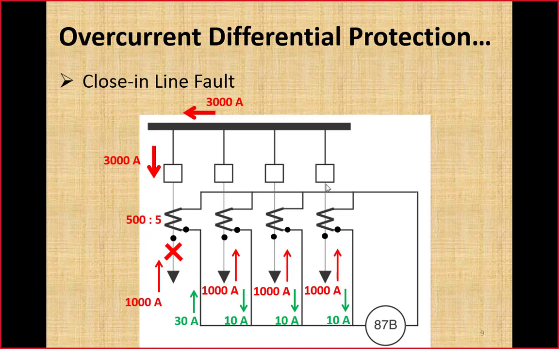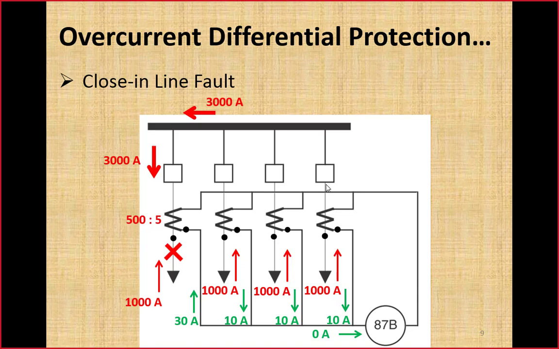Now we can see at this node where we are calculating the algebraic sum of the current, again the algebraic sum of the current will be equal to 0 flowing towards this differential branch, which is again according to the requirement. Although that is a fault condition, that fault is outside the bus differential zone. Line protection will be there to clear this fault, no need for the bus protection to respond to this fault. So obviously we can see here the bus differential is getting no current in this ideal situation.